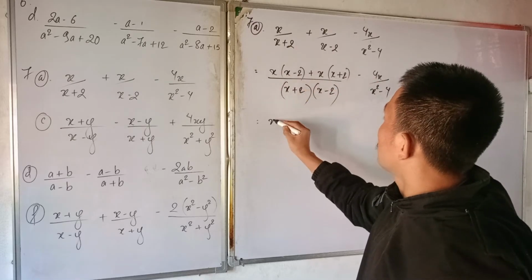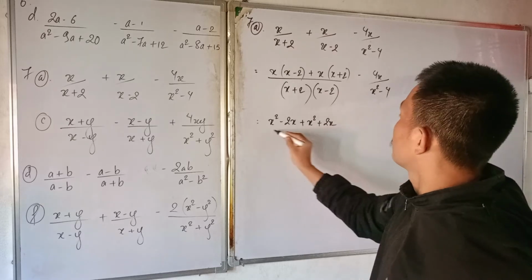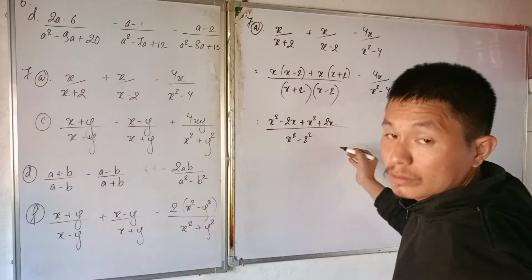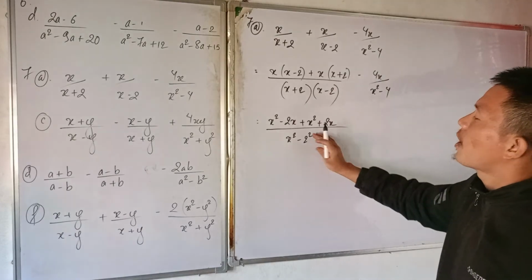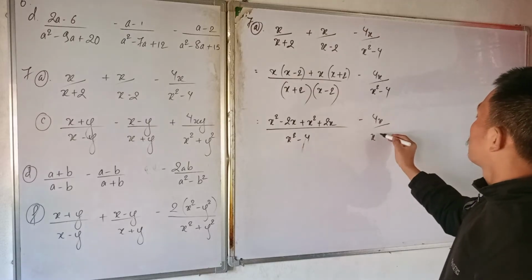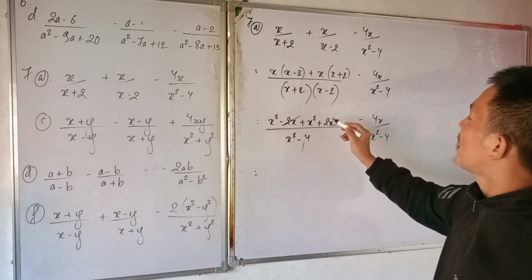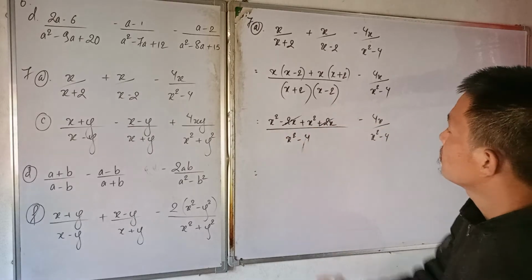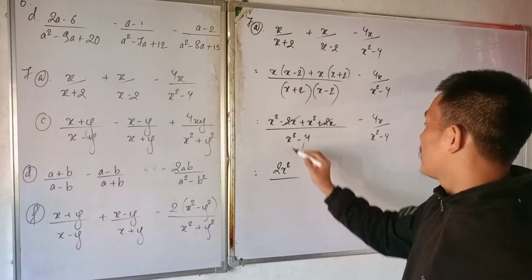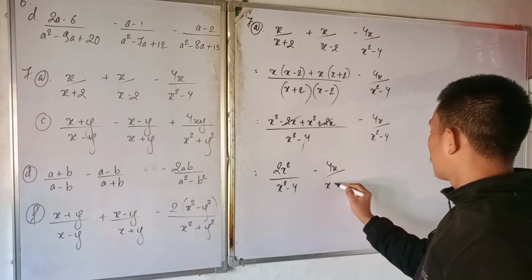Now you just multiply this: x square minus 2x plus x square plus 2x. Now x plus 2 times x minus 2 can be written as x square minus 2 square, and 2 square is 4. This is how you do it. Now minus 2x plus 2x you can cancel. Now x square plus x square is 2 times x square, and here x square minus 4, minus 4x,